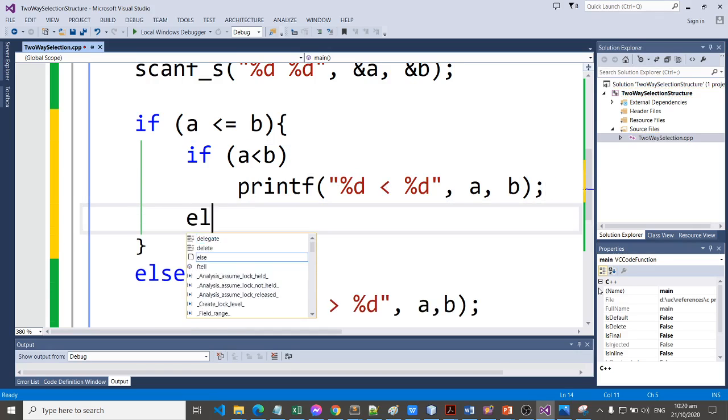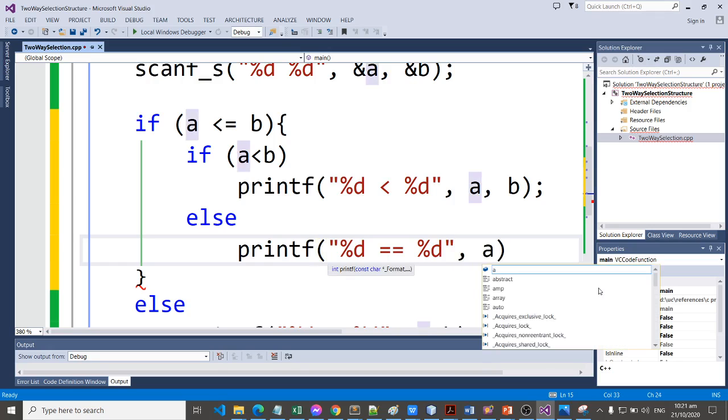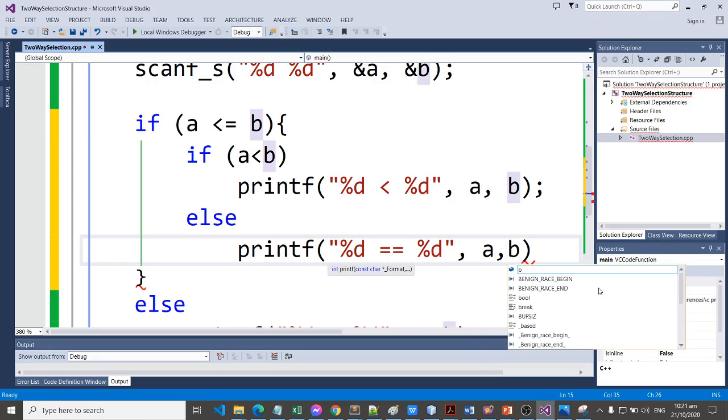Else, print the value of a is equal to the value of b. So we have the variables a and b here.